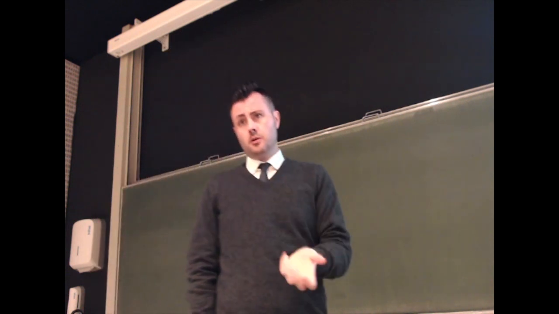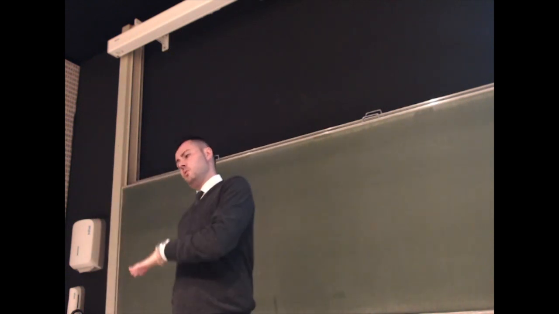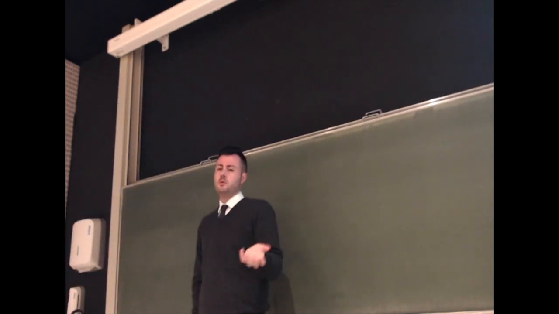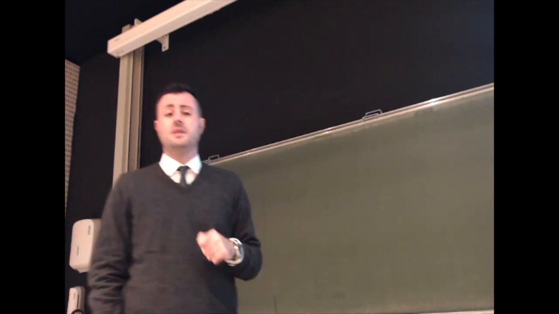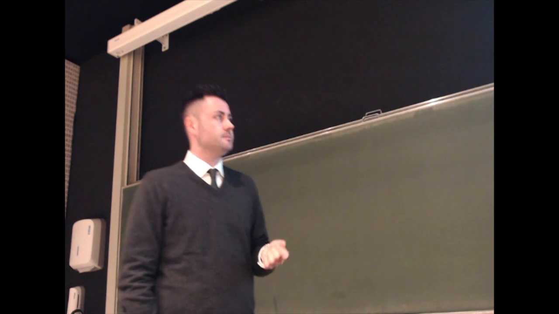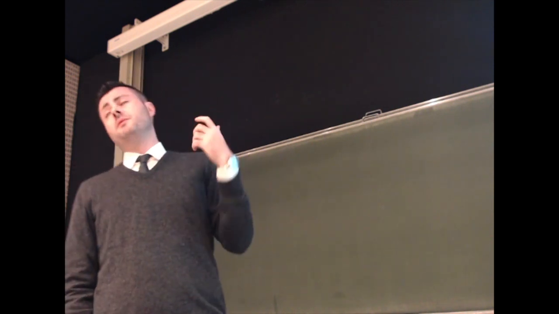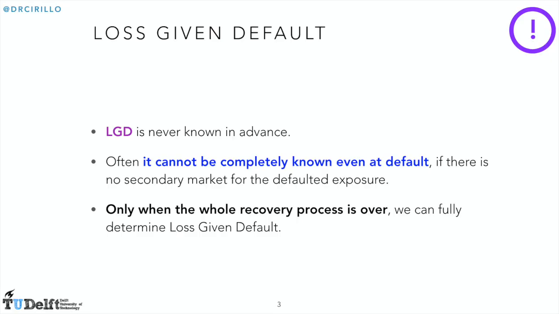The loss given default is what we actually lose as a percentage. 1 minus the loss given default is the recovery rate. So if I have a loss given default of 20%, it immediately says that I have a recovery rate of 80%, and vice versa. The problem of loss given default is that it is never known before the default,